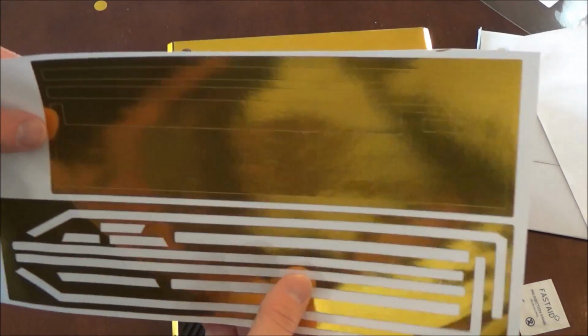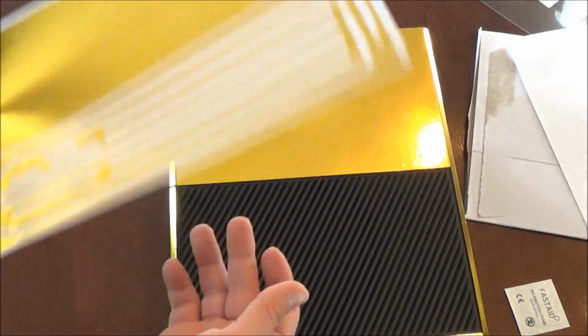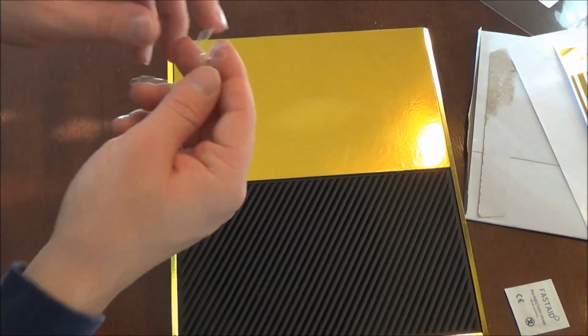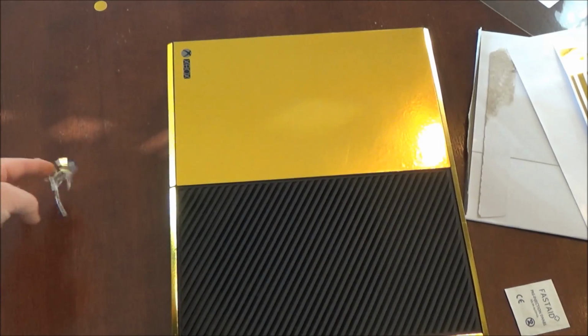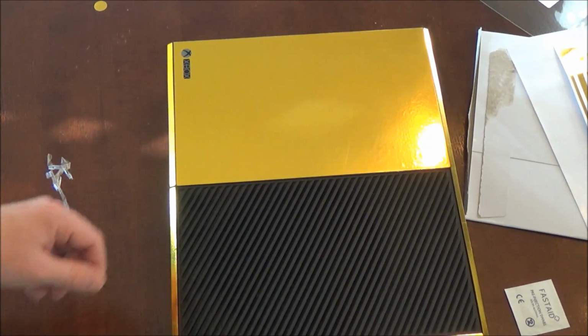But anyways, as you can see, I have the installation complete, and this one little piece that I'm showing you guys right here, it actually has 3 little pieces of the skin on it, and I couldn't figure it out for the life of me. I took 5 minutes, and I ended up figuring out it's for the Kinect, which I don't use, so that doesn't really apply here. As you can see, that thin little plastic I just showed you,